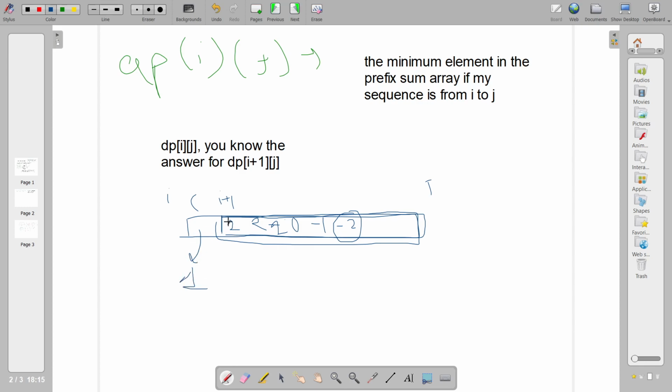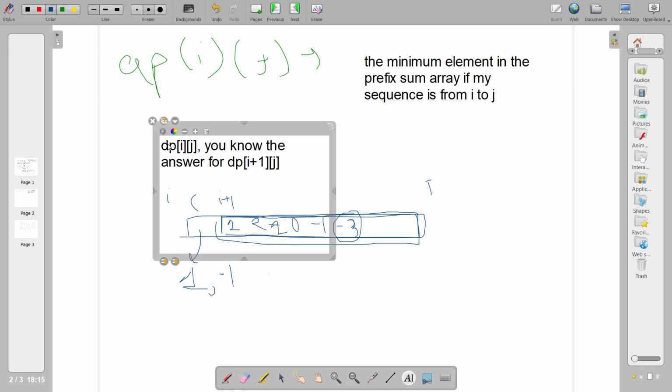So every element in the prefix array would be incremented by 1 for I to j. So it would be dp of I plus 1 j plus 1. Or if it's a closing bracket, then every value would be decremented by 1. So this would become a minus 3. So it would be the minimum value minus 1.